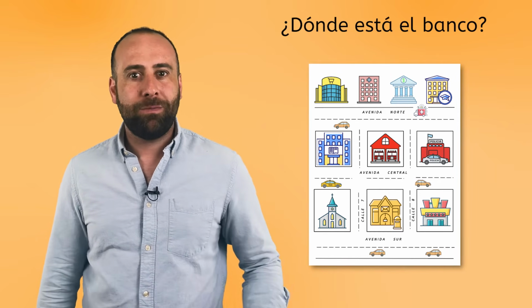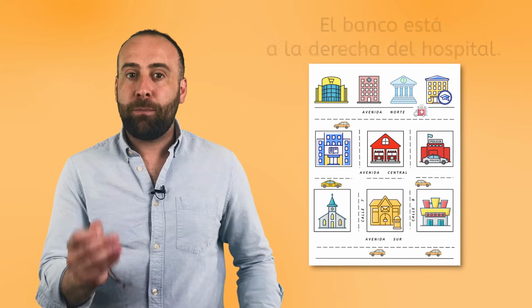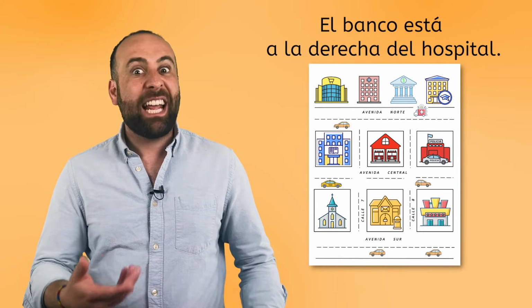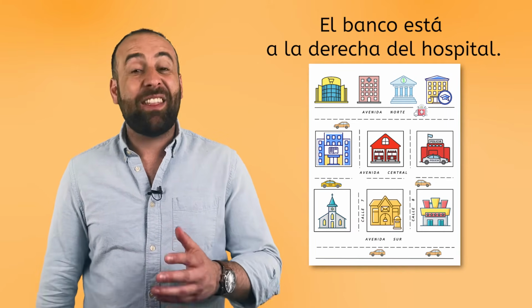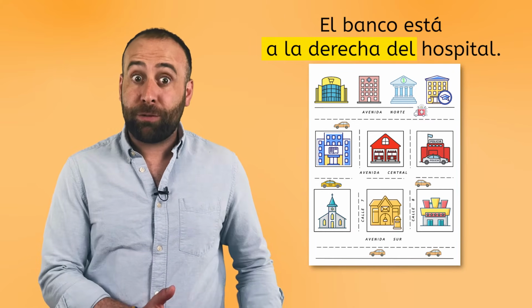Awesome. So, let's turn your sheet into a neighborhood map and imagine that I come up to you asking where the bank is because my phone died and it seems like I forgot to read a map. So I would ask you, disculpe, ¿dónde está el banco? And you would answer, el banco está a la derecha del hospital. You may or you may not remember that a la derecha de means to the right of. Look at the map and follow what I'm saying. El banco está a la derecha del hospital.